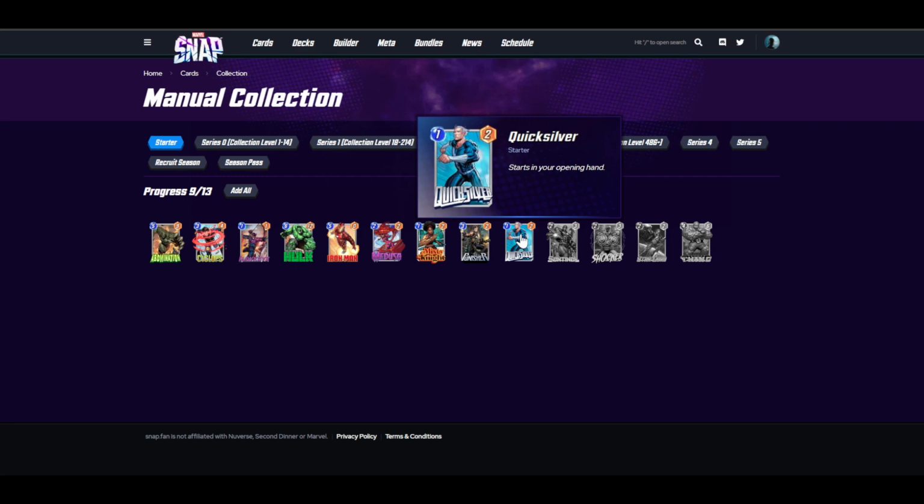I'm saying mana, I'm so used to the mana, but you know what I mean, 1 energy. So just to make sure you have a 1 energy drop on the first turn. It's really crucial for some decks. Other than that, just 1 energy to